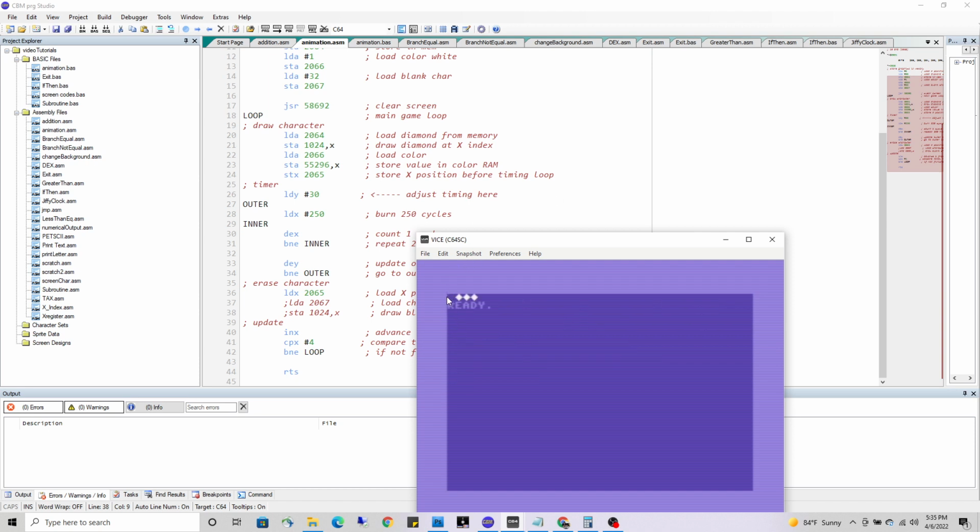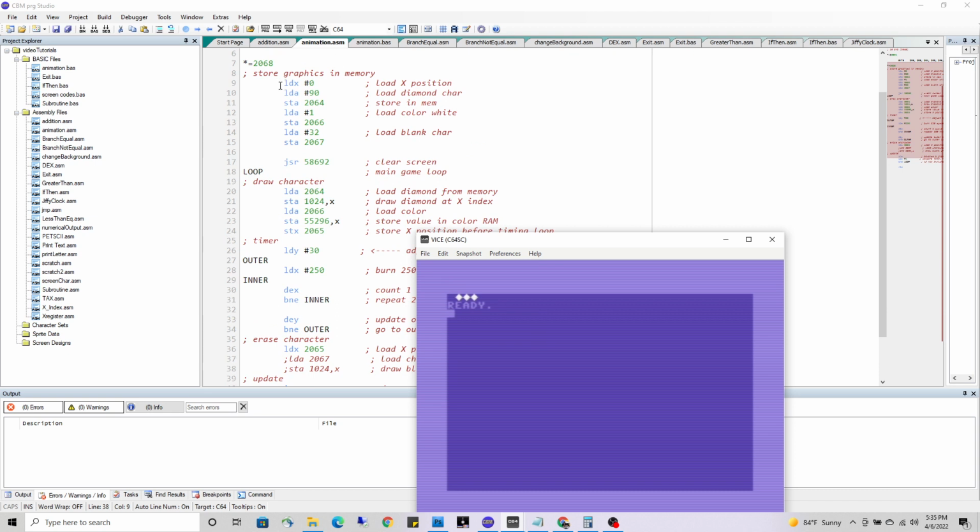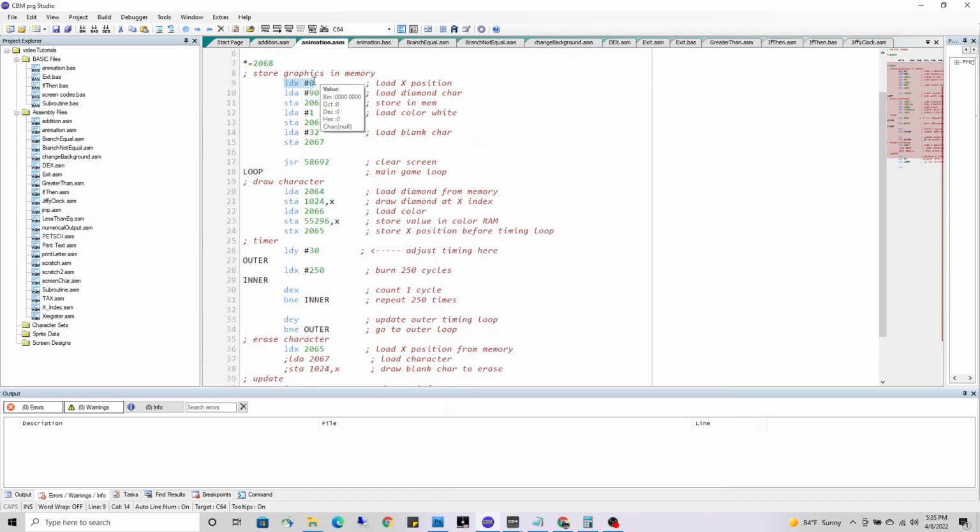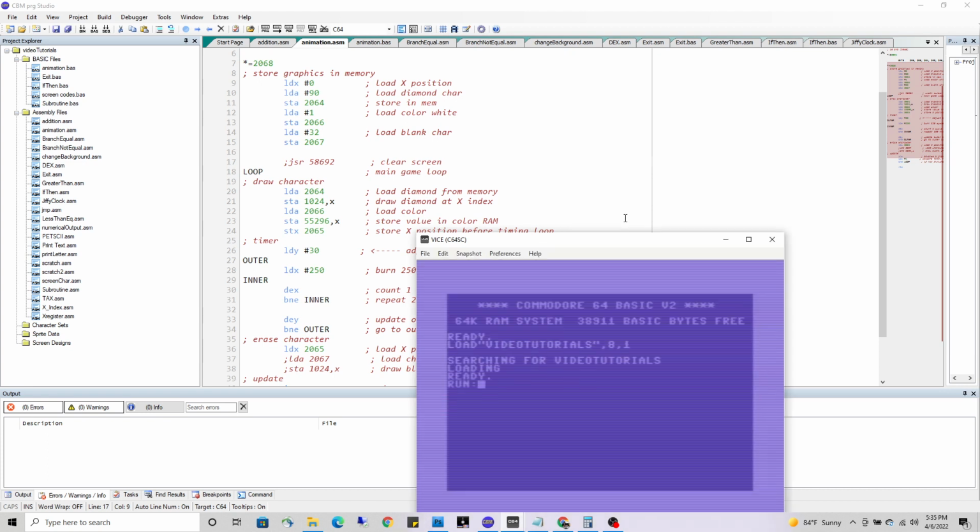the first slot is not getting written, even though I set it to 0 here. And it turns out that the reason for that is, here, let me turn off the clear screen command. There, it's just fine. So apparently when you call clear screen, it takes advantage of the X